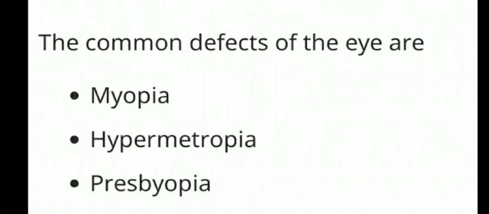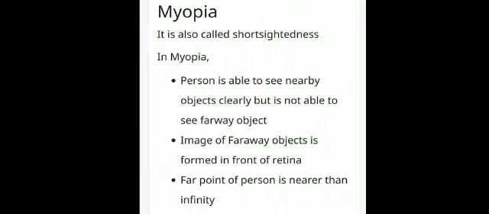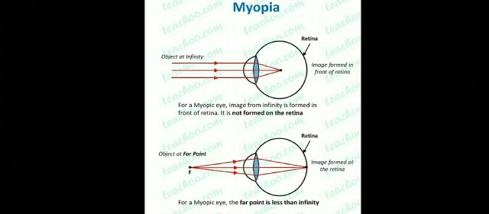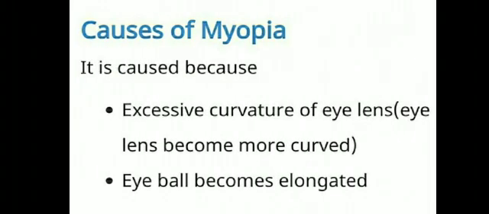Students, do you know what is myopia? Myopia is also called nearsightedness. That means an eye can see nearby objects clearly without any strain, but it is unable to see long distant objects clearly. Image in this case is formed before the retina. And for every myopic eye, there exists a far point beyond which clear image cannot be seen.